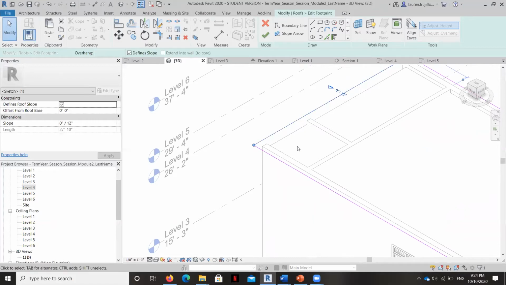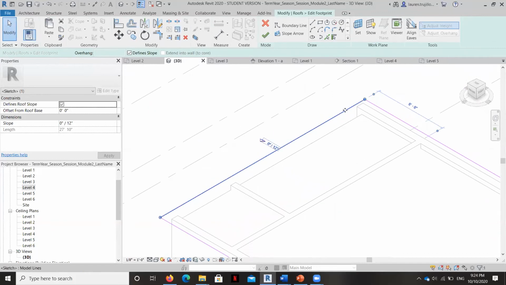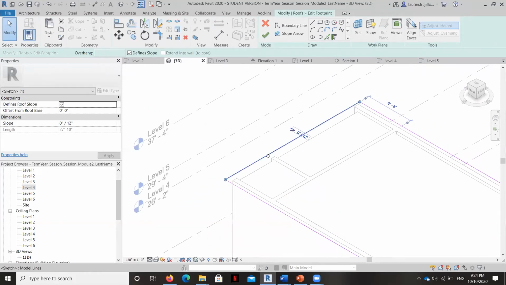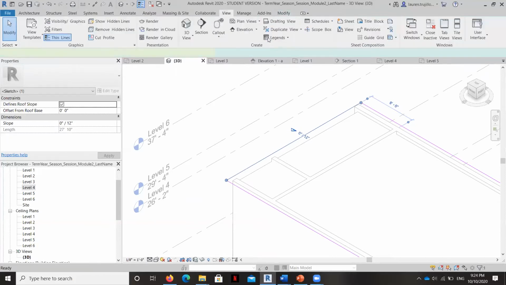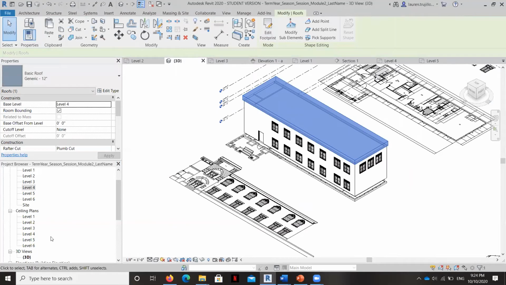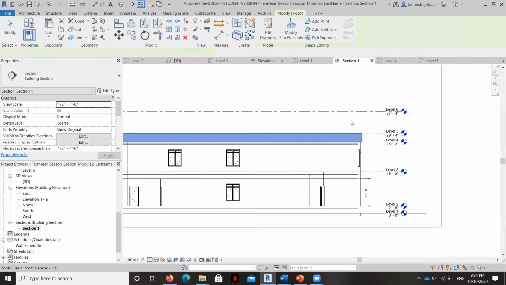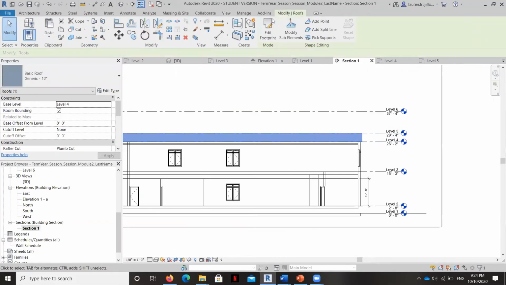So now I've got a little bit more of an eave. Okay, and then I can hit this checkbox and now you can see, I'll show you in the section. It's got a little bit of an overhang.